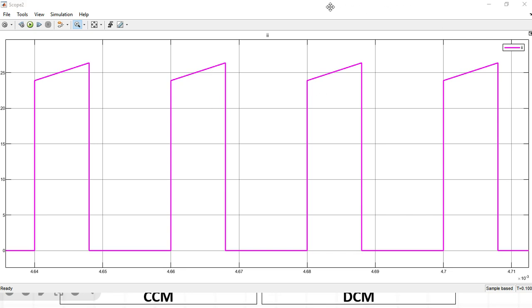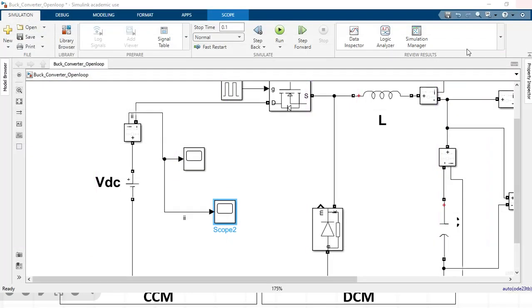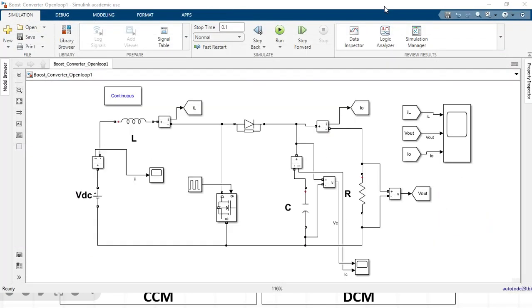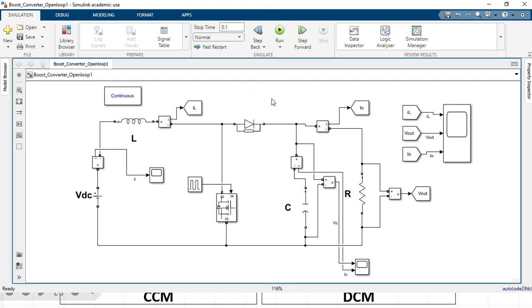Now we will see the next thing, the boost converter. So here I am in the boost converter file. You can see the boost converter in front of you. Now I have simulated it. Now I will show you how exactly it looks. I will open the scope and you can see the boost converter.